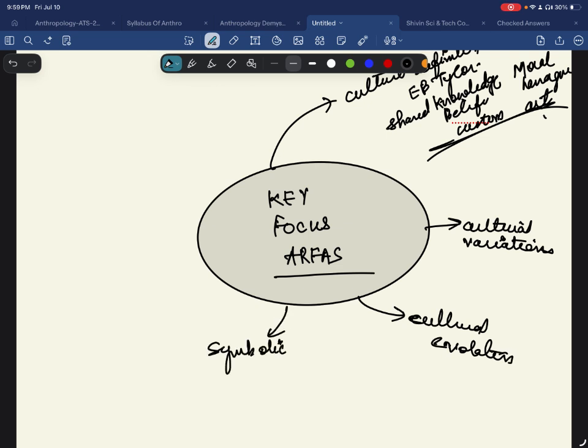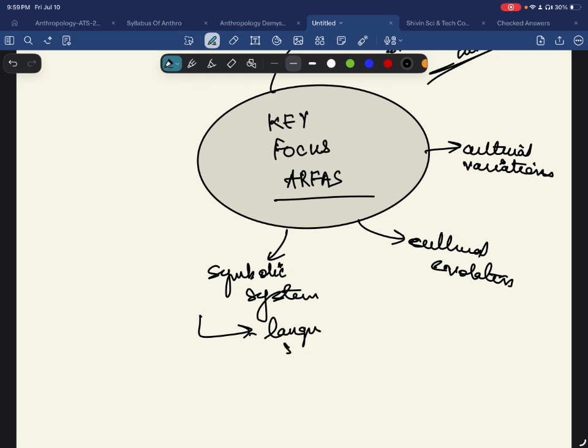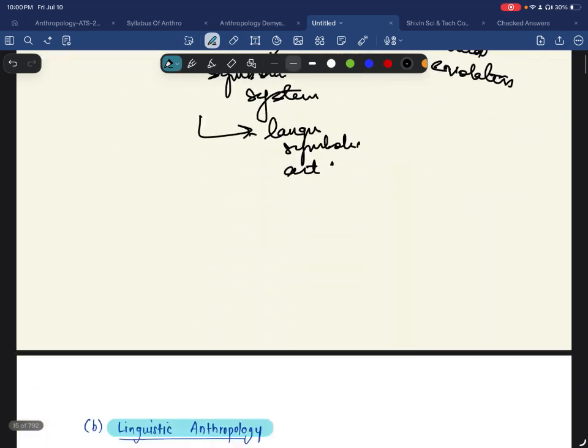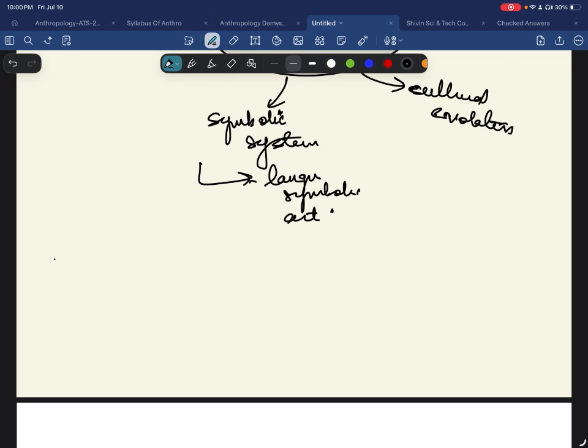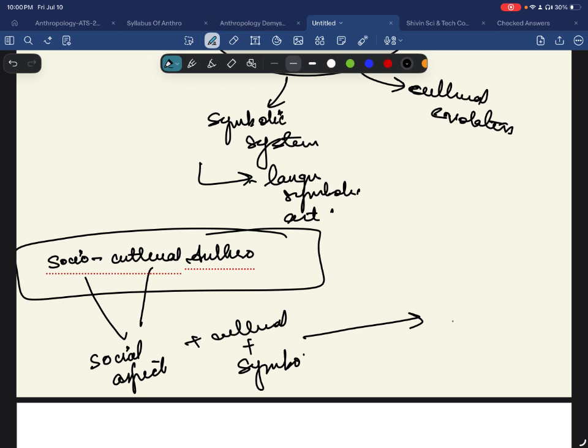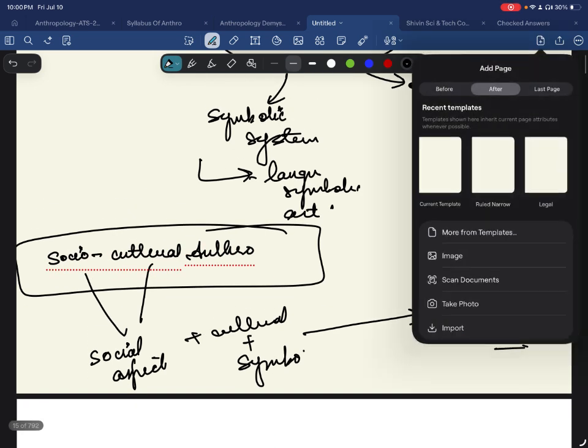यू नो, कल्चर इज मेनली कि हम सिंबॉलिकली कैसे एक्सप्रेस करते हैं, सिंबॉलिक सिस्टम के बारे में, यानी कि लैंग्वेज, कोई सिंबल हो गया, कोई आर्ट हो गया, वी टॉक अबाउट दैट। सो ये वाला जो है वो कल्चरल एंथ्रोपोलॉजी के बारे में बता रहा है। बट मैंने आपको बोला था इट इज वी आर टॉकिंग अबाउट सोशियो कल्चरल एंथ्रोपोलॉजी। ठीक है, दो चीजें हैं ना, एक तो पढ़ लिया। अब हम क्या करेंगे, जब दोनों एस्पेक्ट्स एंथ्रोपोलॉजी में, यानी कि सोशल एस्पेक्ट प्लस कल्चरल, यानी कि इसमें सिंबॉलिक भी आ जाएगा, जब ये हम स्टडी करते हैं दैट इज कॉल्ड सोशियो कल्चरल एंथ्रोपोलॉजी।